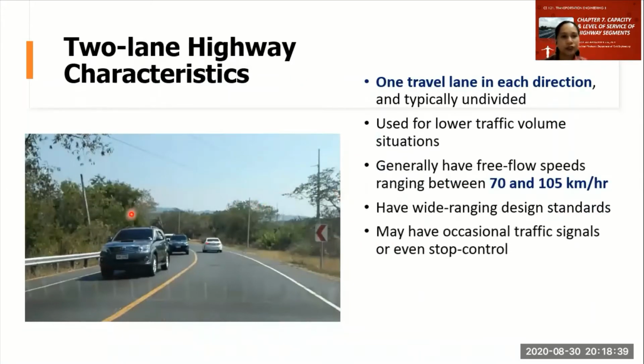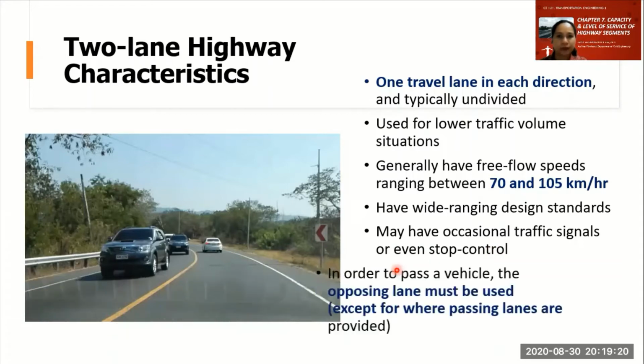The picture here shows you a two-lane highway. You can see that there's one travel lane in each direction, and typically two-lane highways are undivided. These are used for lower traffic volume situations. Generally, the free flow speeds range between 70 and 105 kilometers per hour. These two-lane highways have a wide range of design standards, and sometimes you may have traffic signals or even